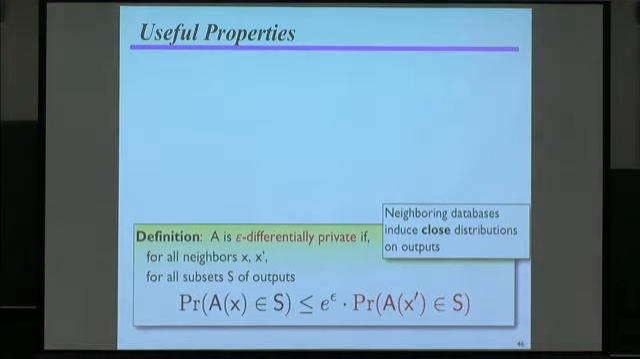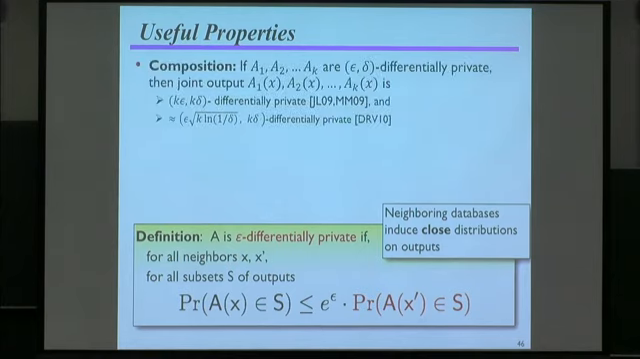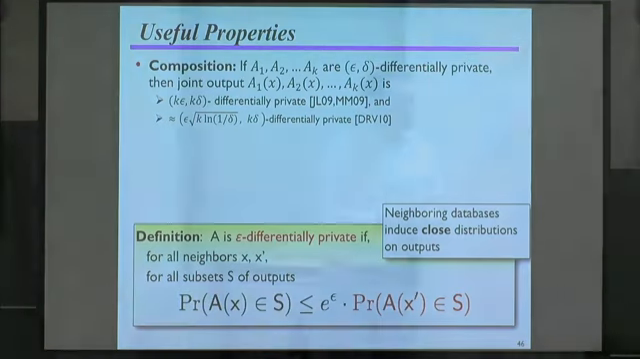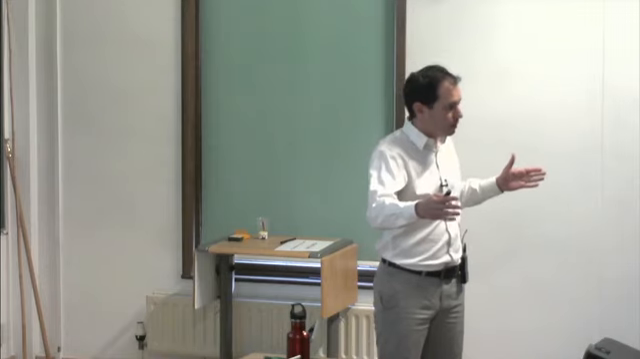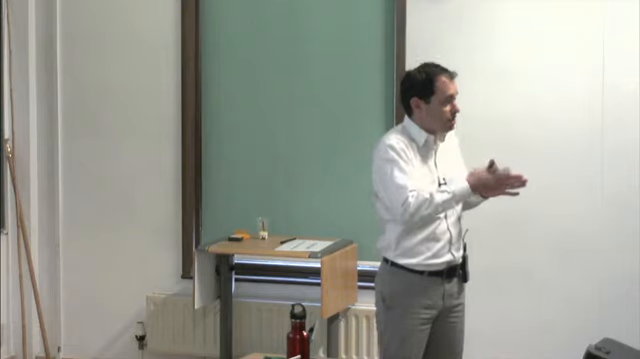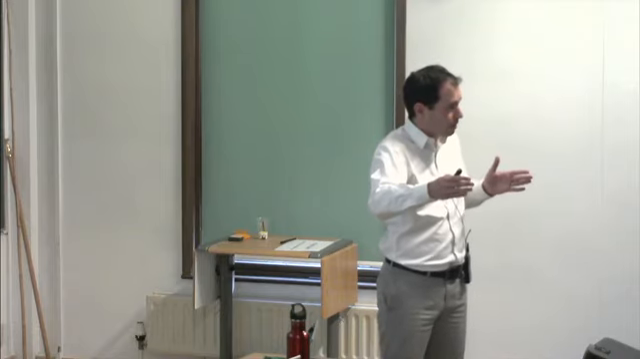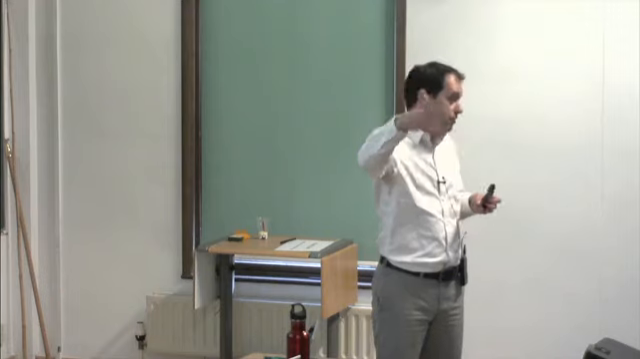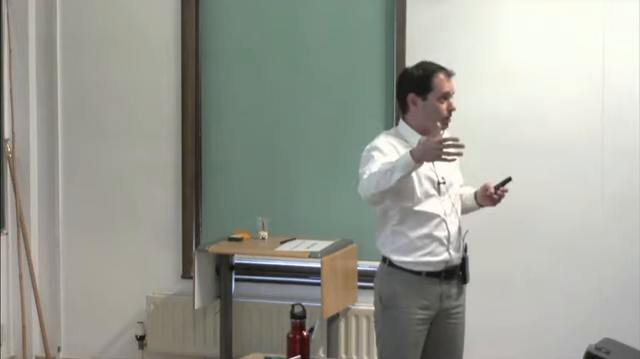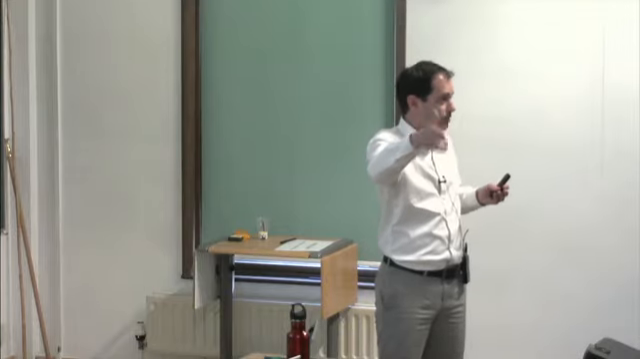All right. So let me talk a little bit more about the interpretation of this definition. So first, some useful properties that the definition satisfies. One thing that's nice about it is that it satisfies a nice composition property. So if I want to run a sequence of algorithms, each of which is epsilon differentially private, even if those algorithms are chosen adaptively, like the ith algorithm is chosen based on the outputs of the first i-1 algorithms,